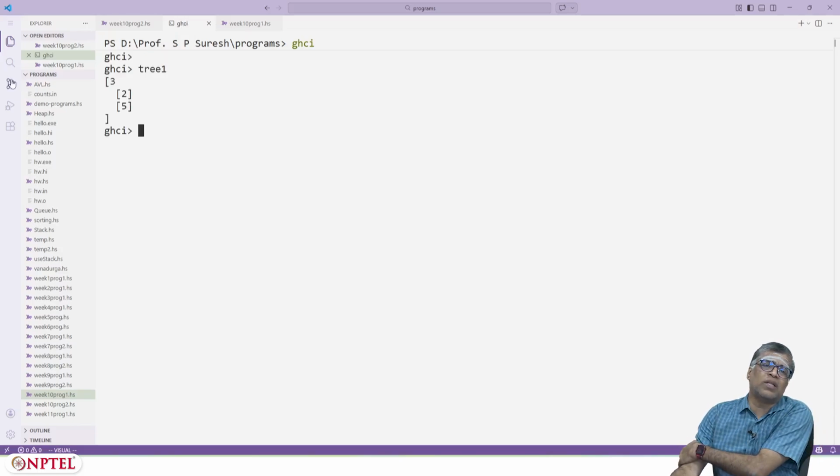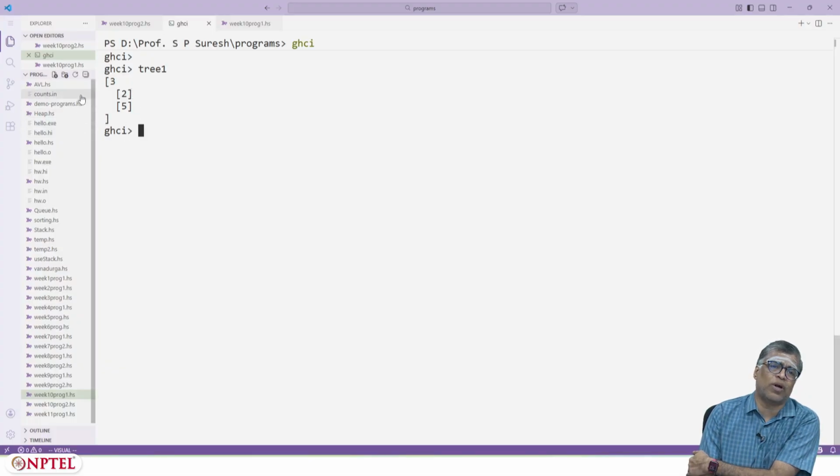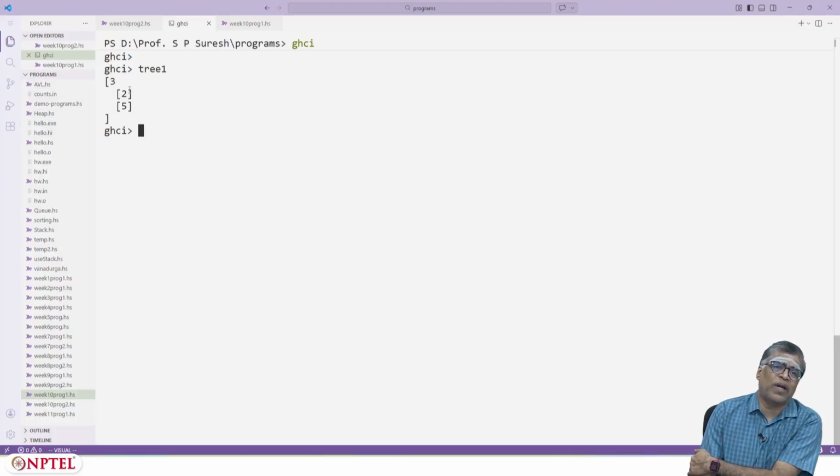Yeah, so I am writing it in this list form just to visually make it easier for you to figure out. That is the root, and if I indent it within these square brackets, I am putting all the elements in the left subtree. So the left subtree is just one node 2, the right subtree is just one node 5, and this tree ends.